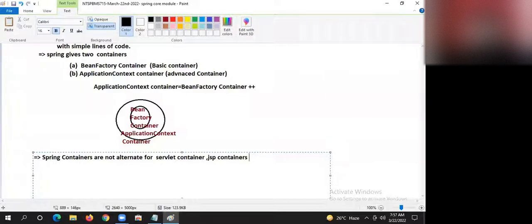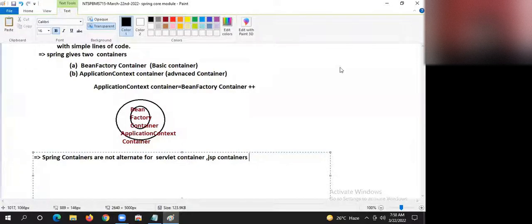Are you understanding my statement, guys? What are the extra features we are having? First of all, let's know what features are there in Bean Factory. Guys, you have to change your attitude of learning, boss. First, let me explain what is there in Bean Factory. Then I can explain what extra features are there in application context container. Right now, wait; at the right time, I will introduce everything.